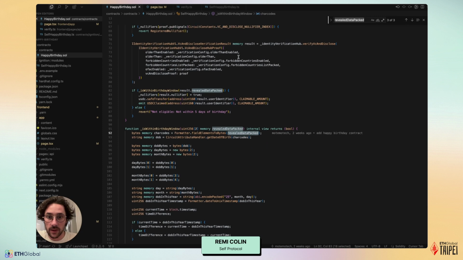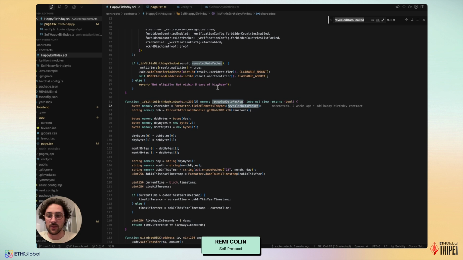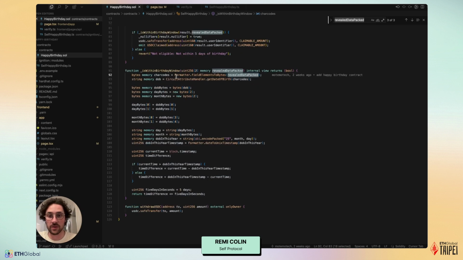So inside the results, you have a parameter that is reveal data packed, and this one corresponds to the first data group of the passport. In order to save gas costs, we are going to pack this signal. So you need to unpack it to cast it to something that is human readable and that you can interact with in the smart contract. For this, we already have a bunch of helper functions like the formatter library. So you can just use this